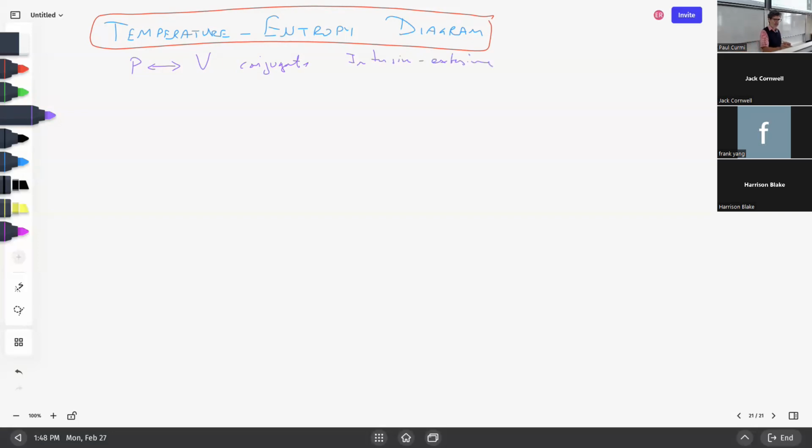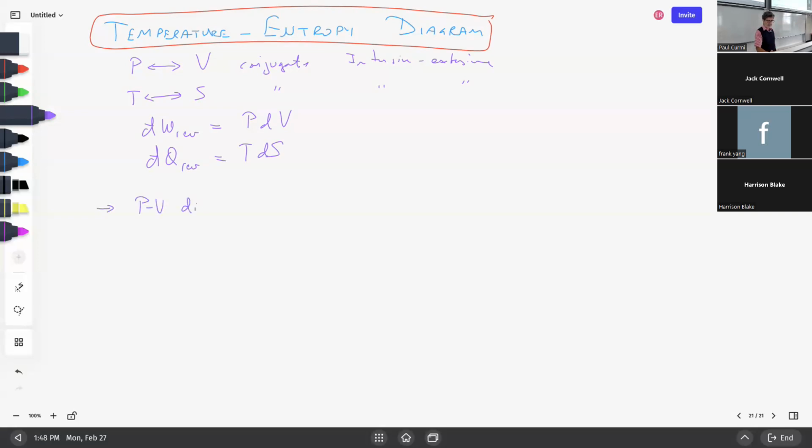And similarly, T and S are conjugate, intensive, extensive. And we have d bar W rev equals P dV. And similarly, d bar Q rev equals T dS. Okay? So this gives me